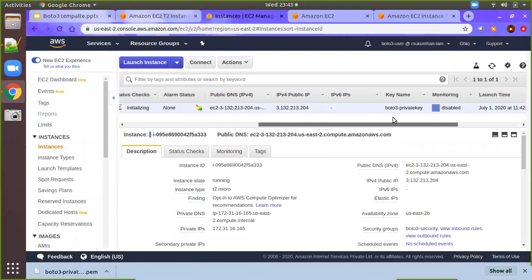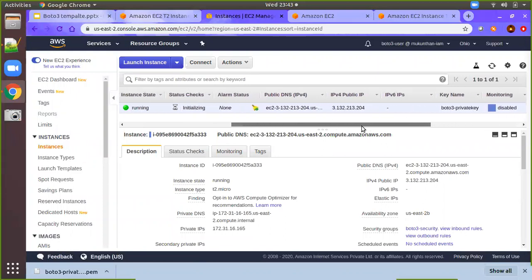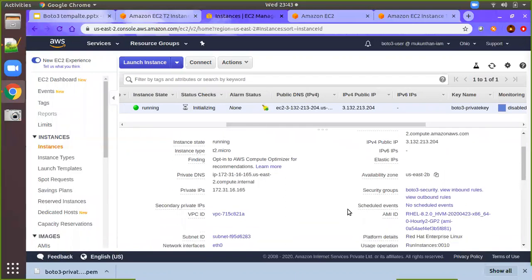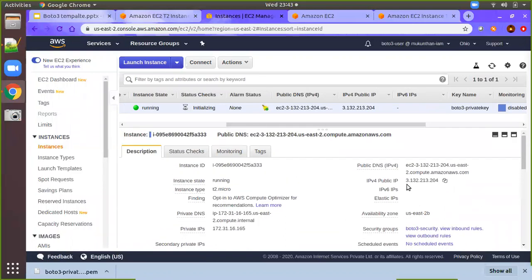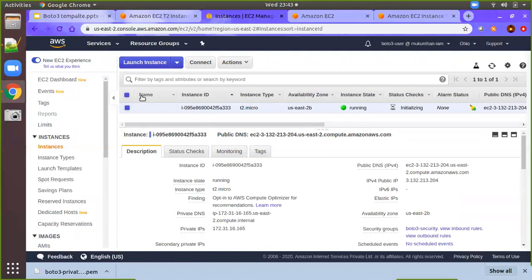You can see what the IP addresses are and those things. Especially if you want to connect to the EC2, you need to use the IP address. This public IP you can use to connect to the particular server. Okay, fine. Now we have successfully created our EC2 instance and it is in running status. Now how to connect? That is the point, right?